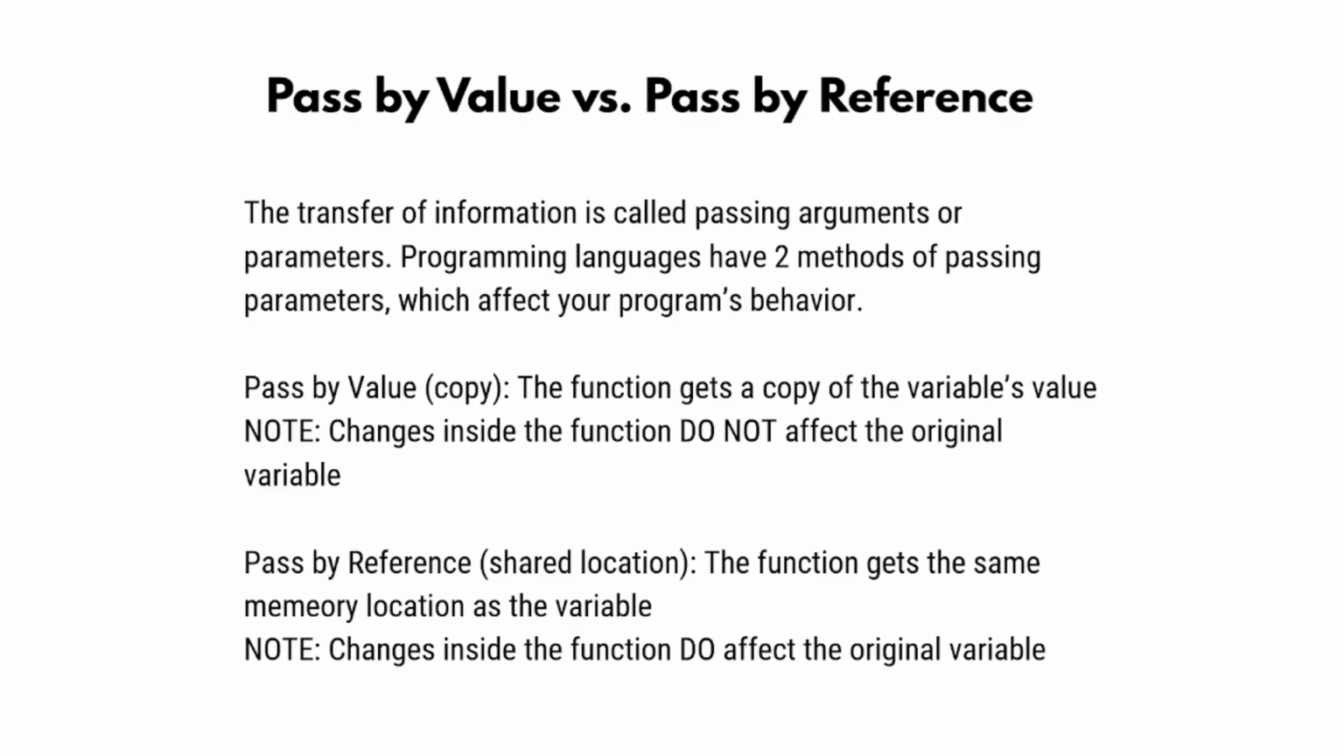So first of all, pass by value, copy, right? It's a copy. The function gets a copy of your variable's value, and changes inside the function do not affect the original variable, right? Whereas in pass by reference, this is a shared location. So the function gets the same memory location as the variable. So changes inside the function do affect the original variable. If that's confusing,